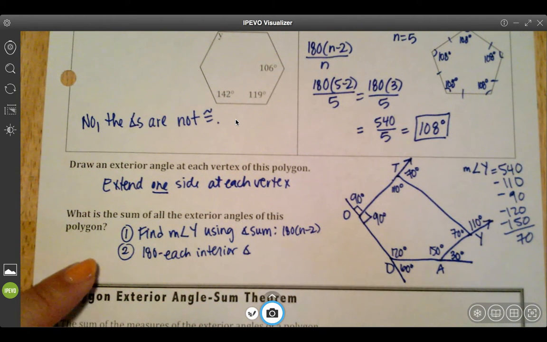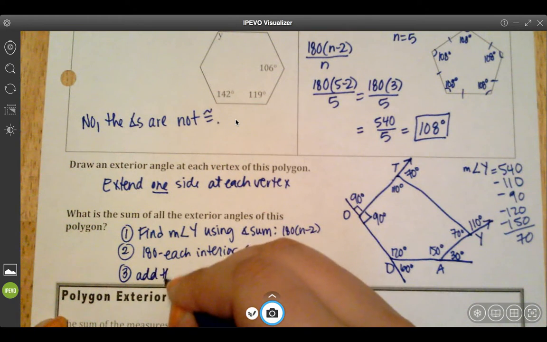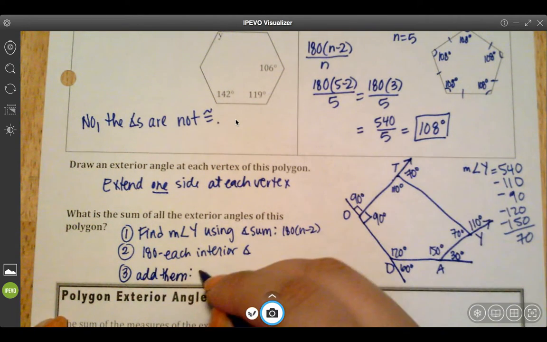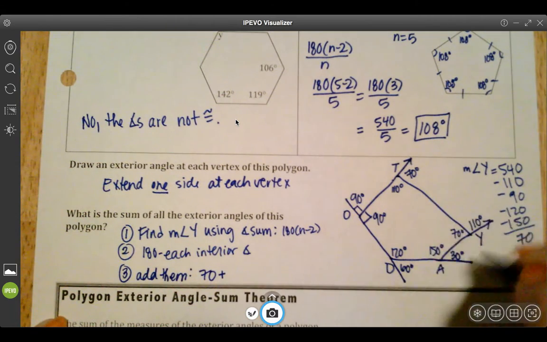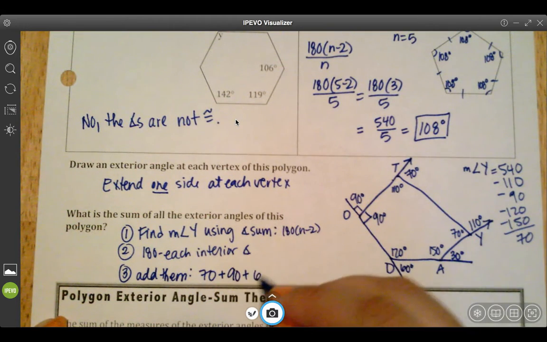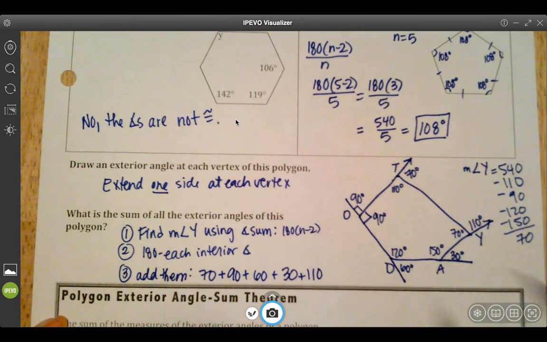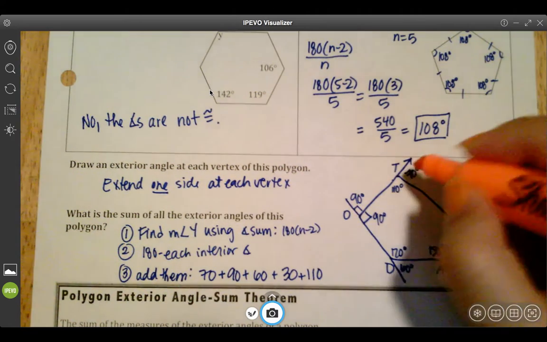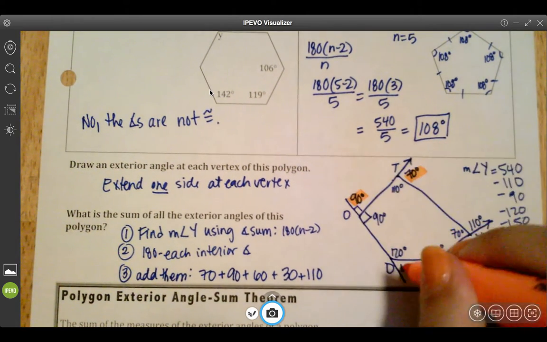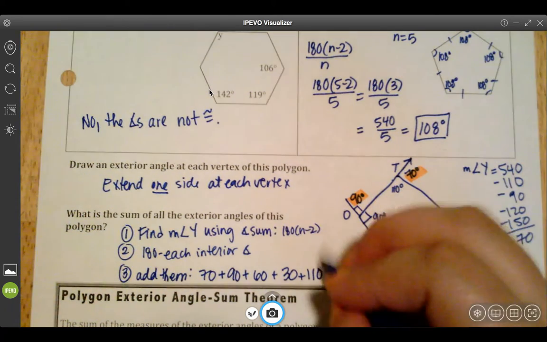Okay, so we found all the exterior angles. What is their sum? So step 3 is to add them all up. We get 70 plus, notice it says today, so I'm just going to put them in that order: T, O, D, A, and Y. Just the exterior angles, the ones on the outside. So which ones are exterior? It's going to be these ones. And if we add all of those up,